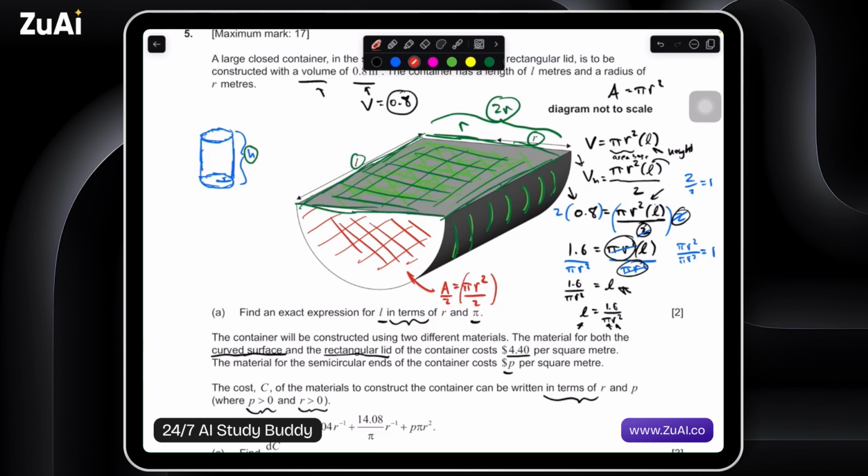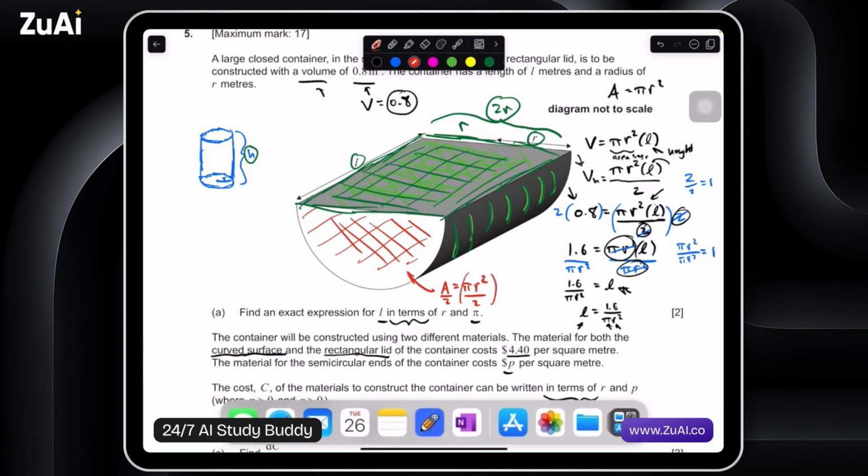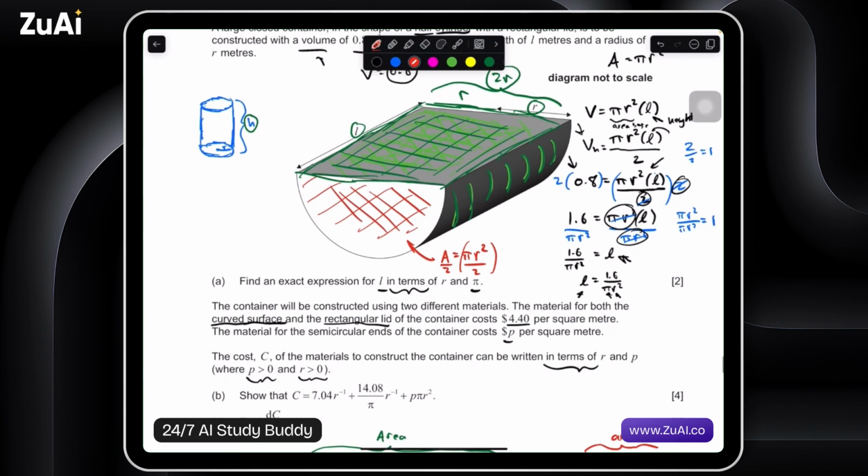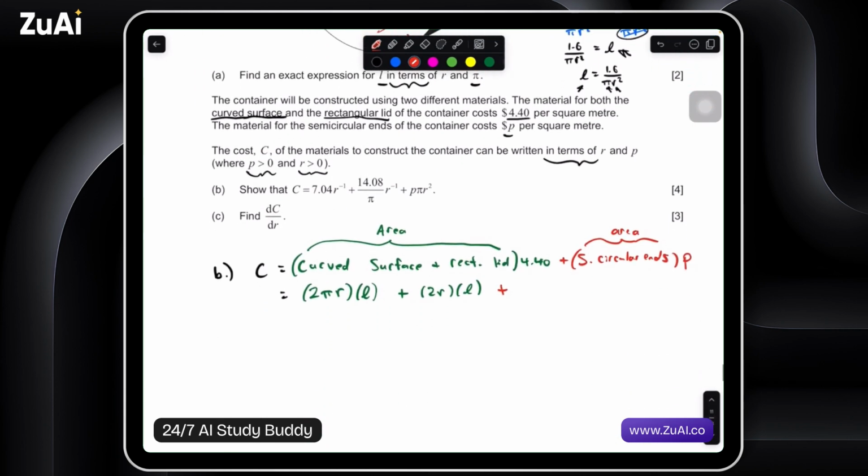But we do have 2 halves of a circle, so essentially we have a full circle. And the area of a full circle is just given by pi r squared. So we have pi r squared. I just realized that I forgot something. This is the total area right here, and we need to again multiply this by $4.40. And here for our semicircular ends, we're just going to multiply by p. Okay,